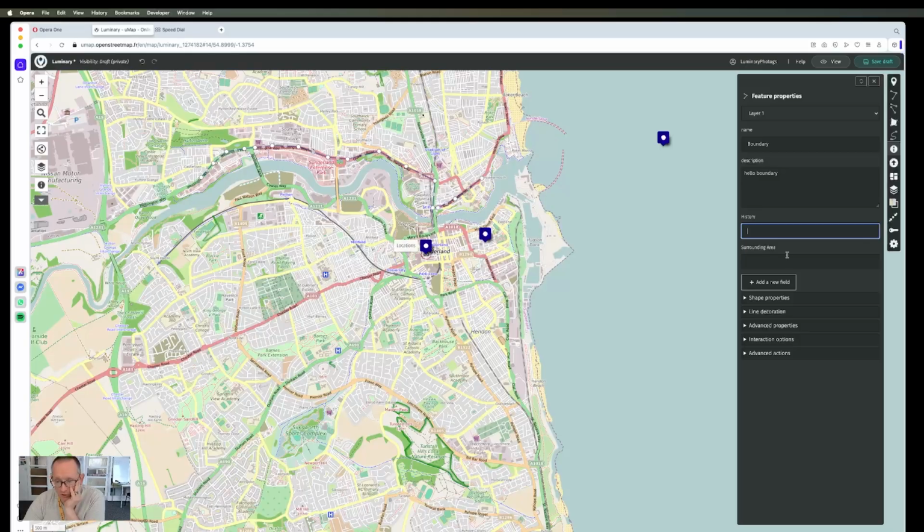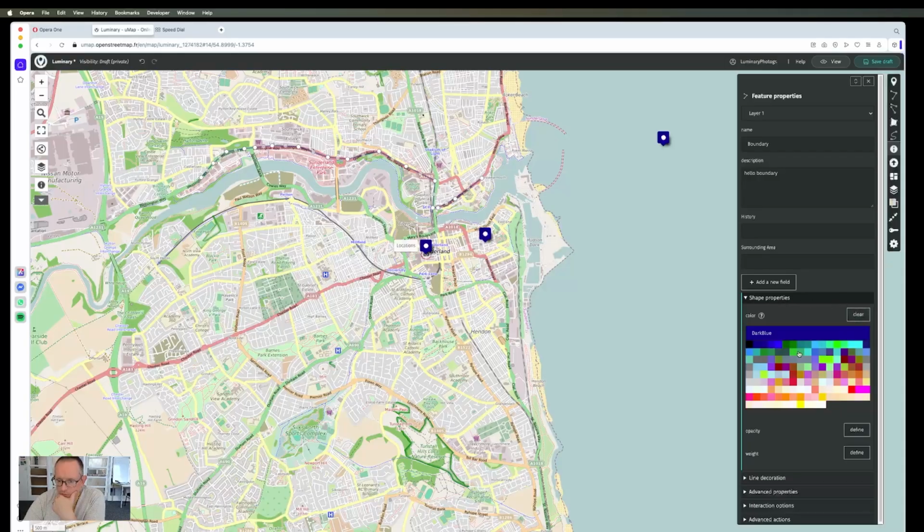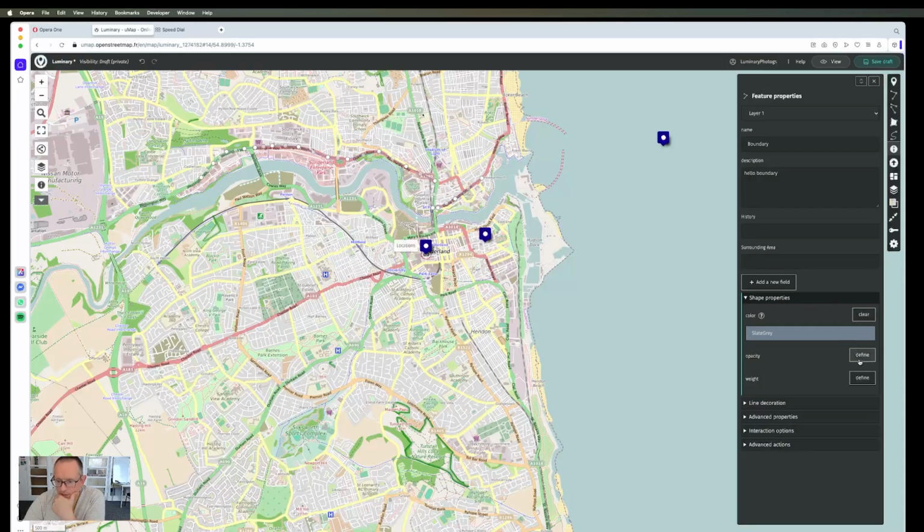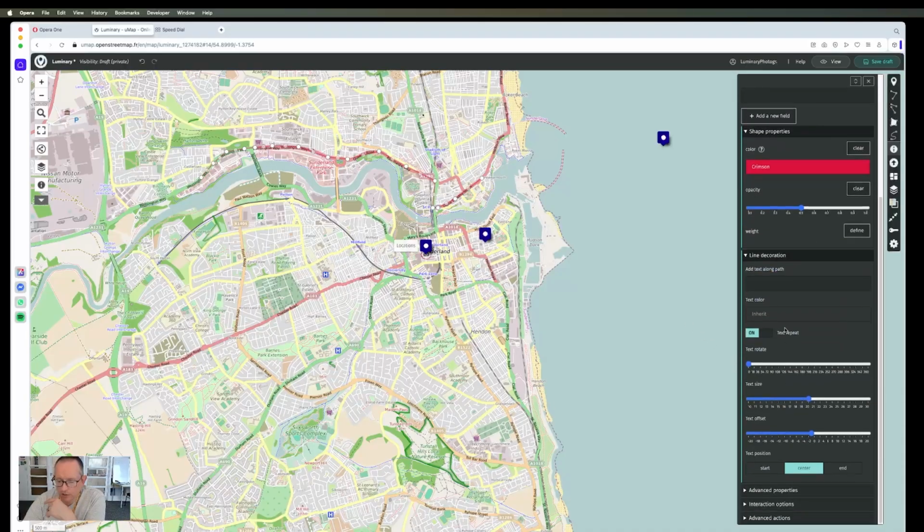At the moment we can't see them in there, and we're going to come back to that in a moment. With our shape properties, you can see we've got our colours exactly as it was on the previous one. So something a bit brighter, you can see the line's gone red. Line decoration, so we can add